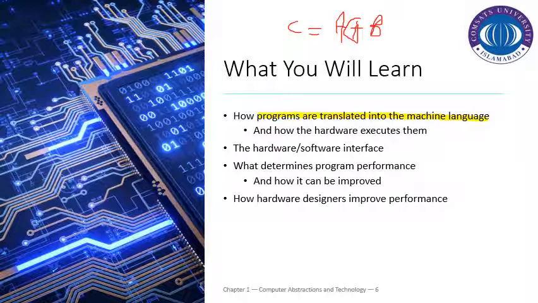Then the most important thing which we will be discussing is the hardware software interface. Basically that is your instruction set architecture that provides the hardware software interface that is used to get the response from the high level platform and convert it into low level depending upon the set of instructions that a particular architecture or system can recognize. So we will be discussing the instruction set architecture. Basically this is the ISA.